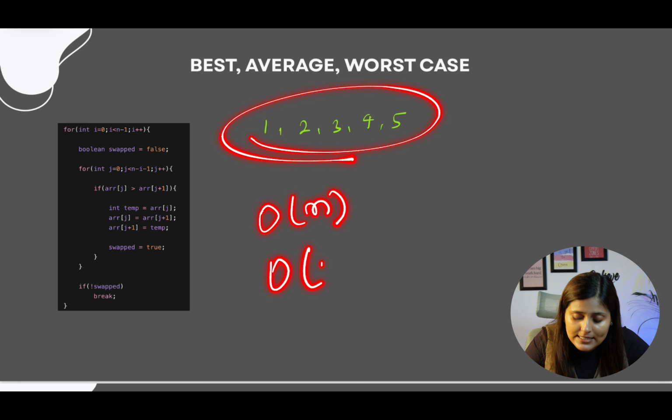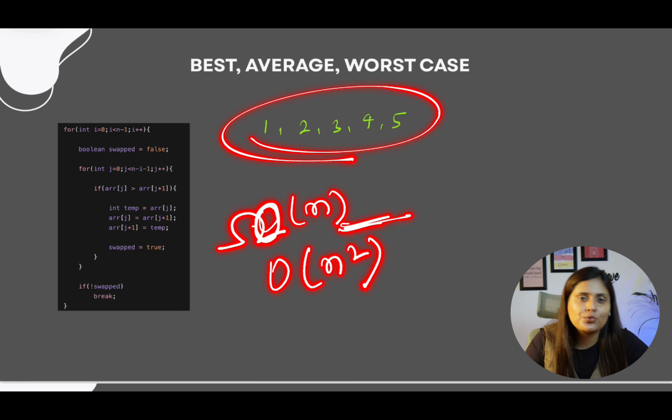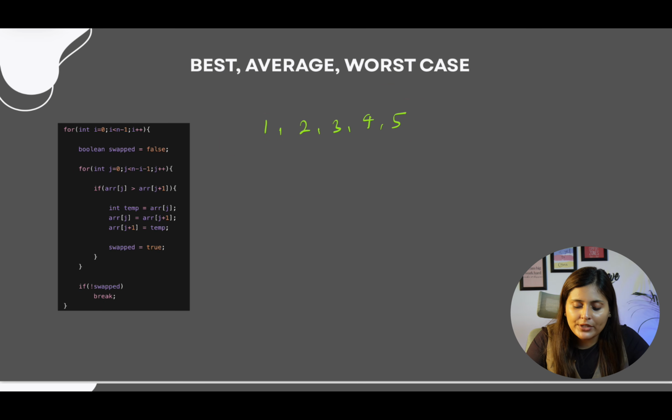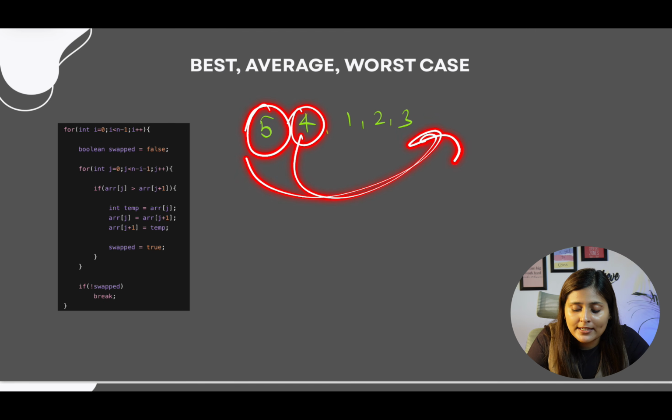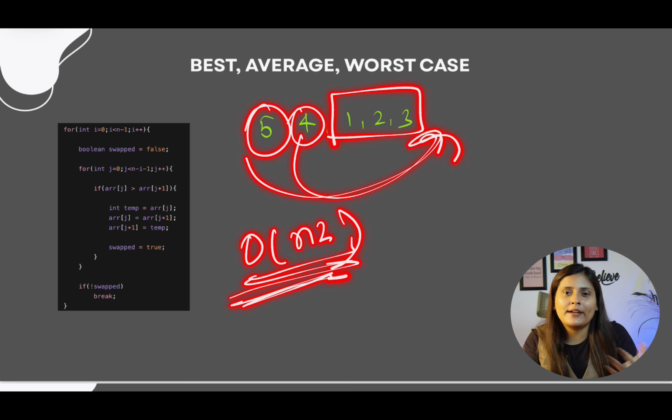In the worst case, it will be n square. Again, the best case, correct? So we represent this by omega, but we used to say big O of n. And how can we think of the average case? Definitely, we are swapping when it is in descending order, right? So make it halfway ascending and halfway descending, meaning 5, 4 and then 1, 2, 3. So only 5 will come here and 4 will come here, and in the case of 1, 2, 3, no swapping will happen. But still we nearly call it O of n square only.